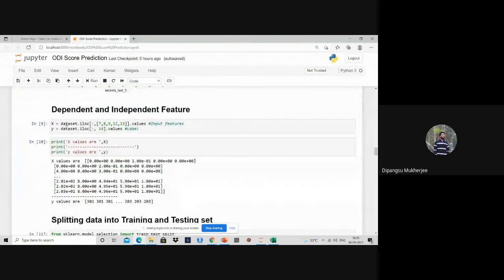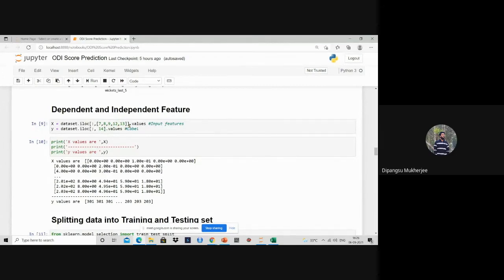X equals dataset.iloc. We will use our iloc function because we want to select both rows and columns, not only the rows. So dataset.iloc, this colon means all the rows will be there, and the columns we want to use are 7, 8, 9, 12, and 13.